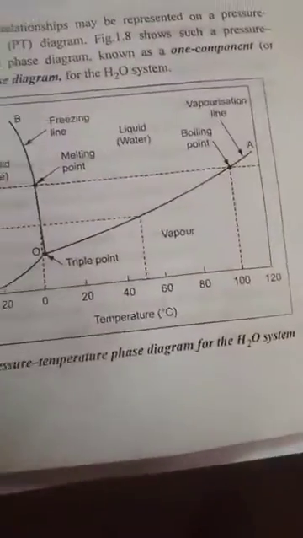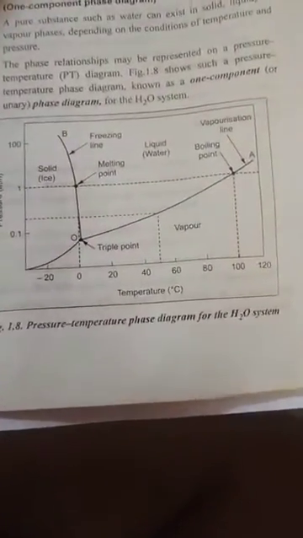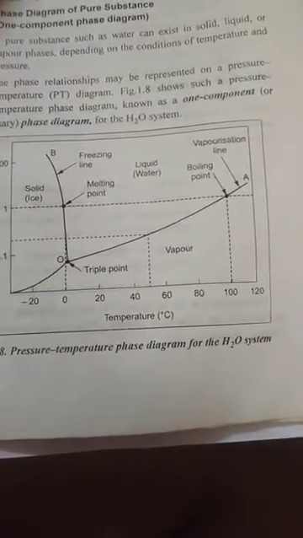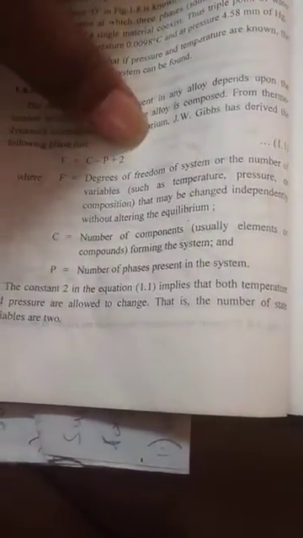composition. So here in the last class we have seen a phase diagram of a single component system. One component system is nothing but we are studying only about water. Here they have given you a phase diagram of water. So now comes the Gibbs phase rule. Gibbs phase rule: F is equal to C minus P plus 2.